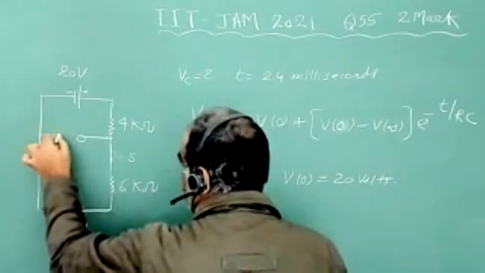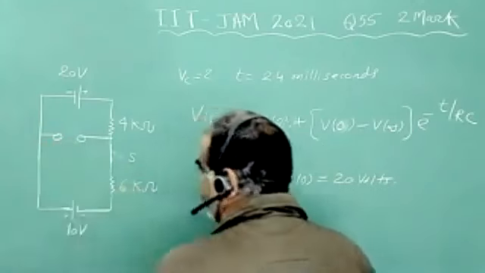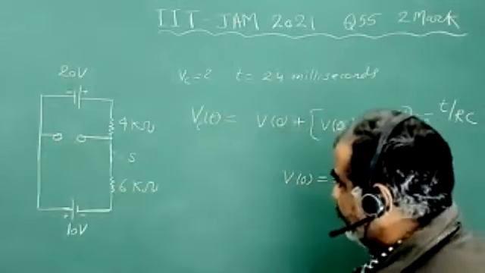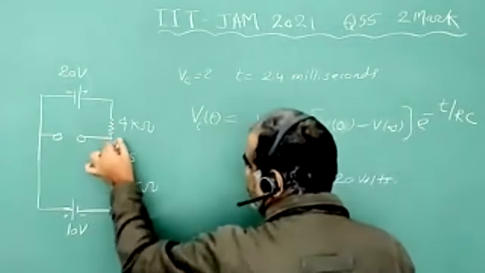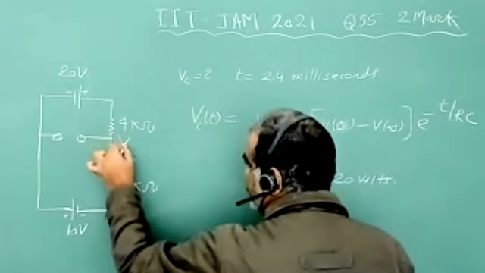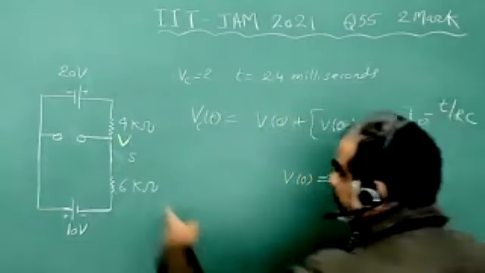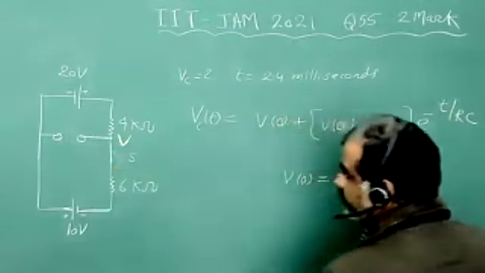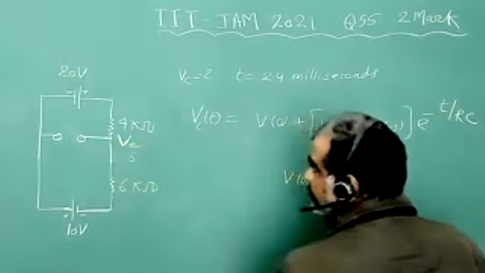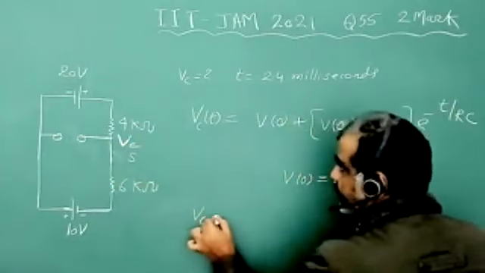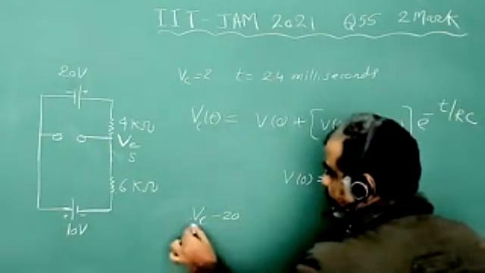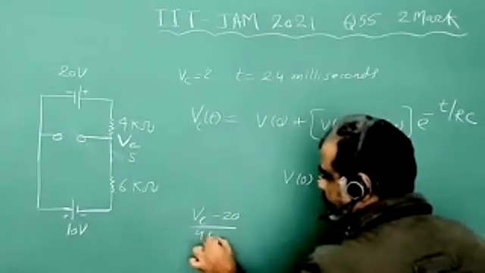Now I need to calculate the voltage across this capacitor. Let's say the voltage at this point is VC. Now I can apply KCL here. So VC minus 20 upon 4 kilo ohm,